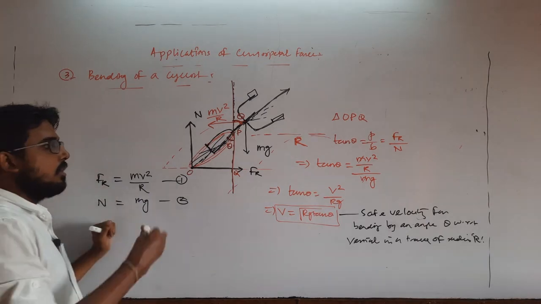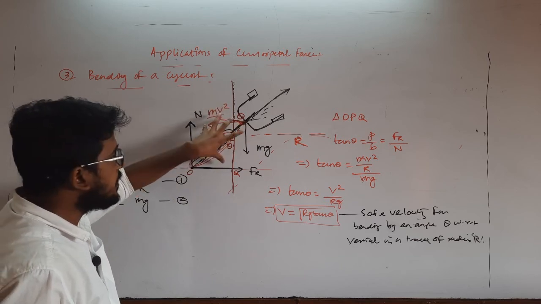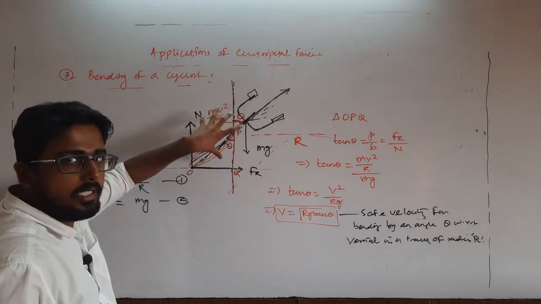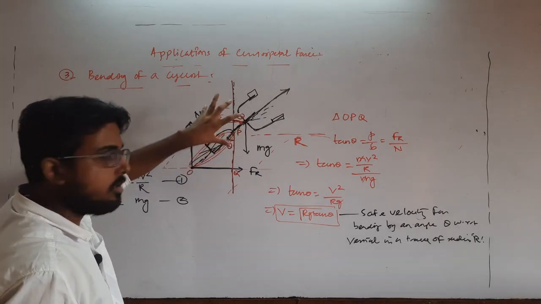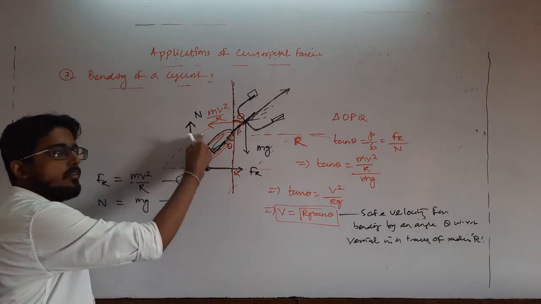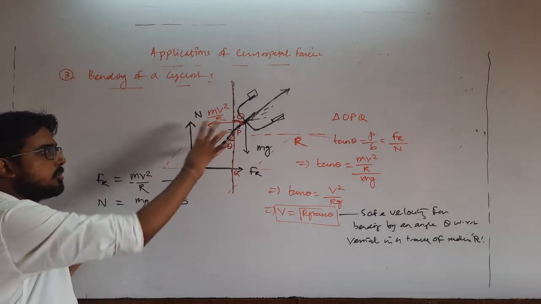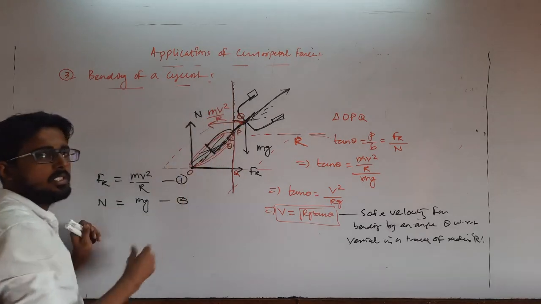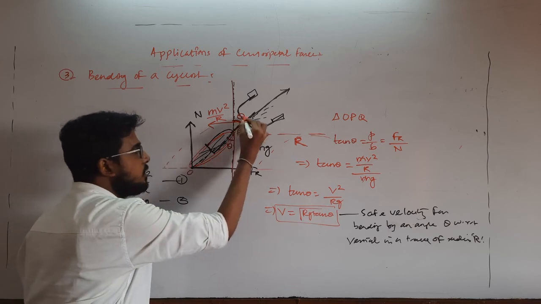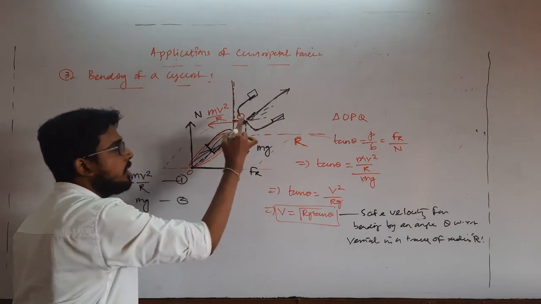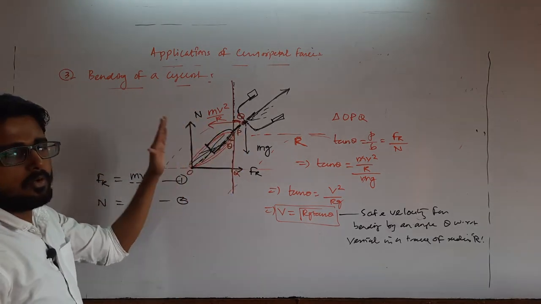Plus, next when we study rotational motion, in this case, as the system is in complete equilibrium, the net force acting on the body must be 0, plus the net torque acting on the body must be 0. So here I am considering the linear force, or the total force acting on this cyclist, is 0. Again, what is the torque? Torque is the angular force. So if I consider this point about which I am calculating the torque, the torque about this point must be 0 to keep this cyclist in equilibrium.